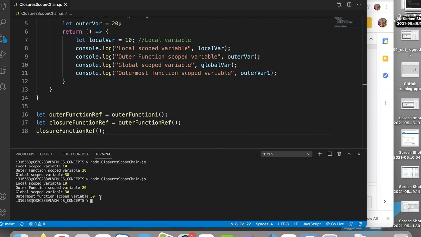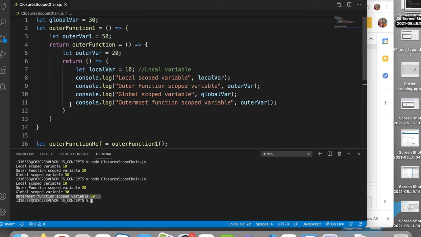Yes, so this is how it works. What happened is that the parser, during lexical scoping, for whatever closure function you're trying to call, tries to locate the variable where it is defined, locate the scope of the variable, and keep that scope and access it whenever we call the closure function.